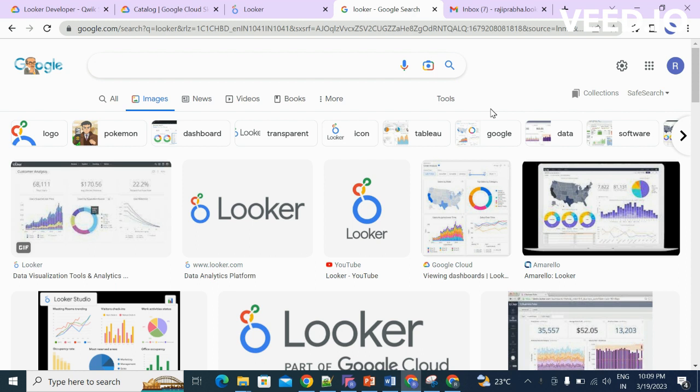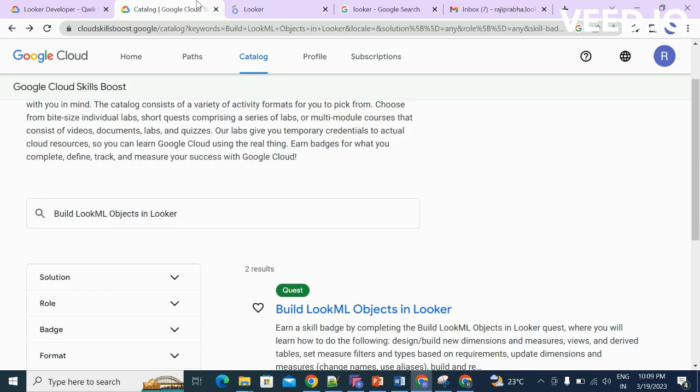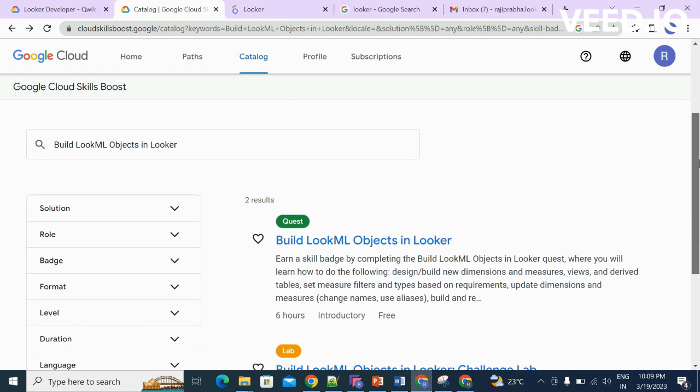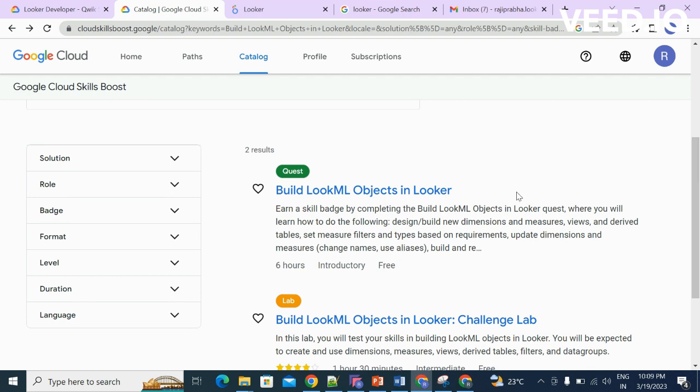We have only one way to access Looker for free, which is the Google Cloud Skills Boost application. From there, we can access Looker, but there are some limitations. We have multiple labs, a lot of labs, and only from there can we practice. But if you open any one of the quests,